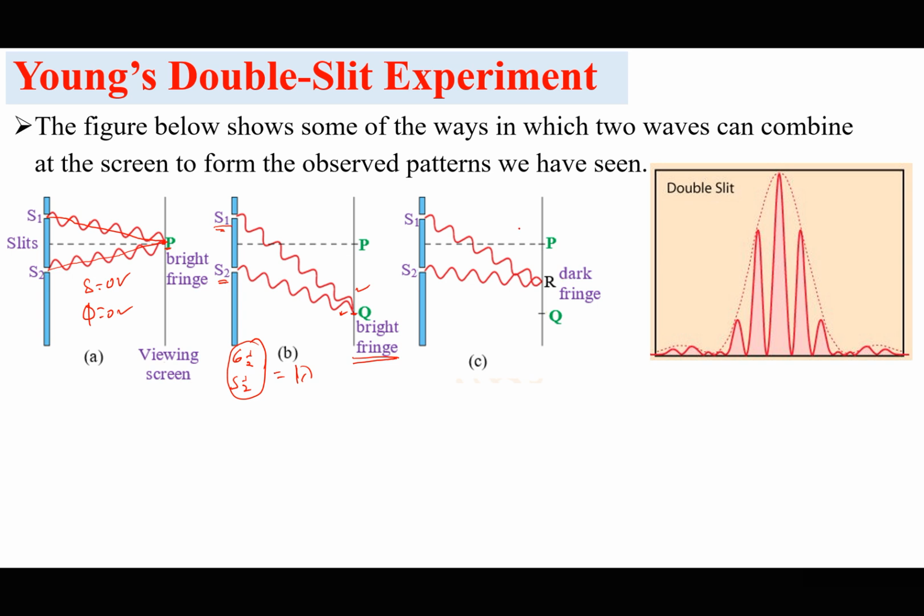Then in part C, I can count the waves. 1, 2, 3, 4, 5, 6. So I have 6 wavelengths for the first one, minus 1, 2, 3, 4, 5 and a half. Minus 5 and a half gives us a half wavelength. A half wavelength corresponds to a phase difference of 180 degrees. And remember, 180 degrees, we called it